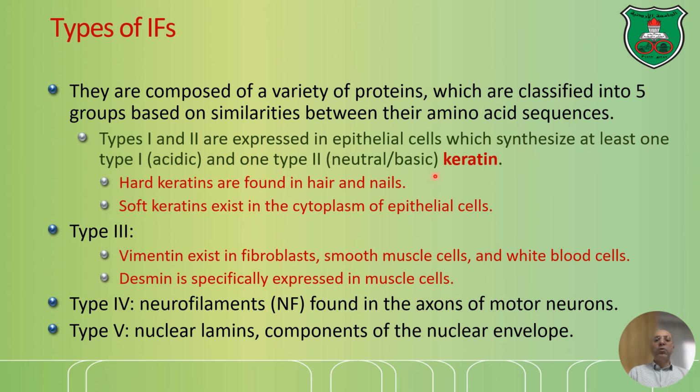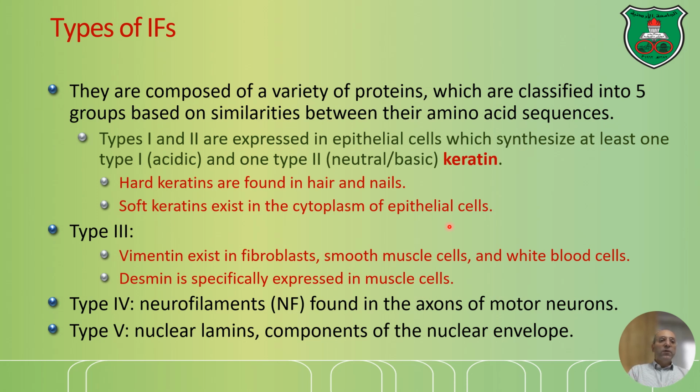So there are more disulfide bonds in the keratins in nails versus hair. Now, soft keratins also exist in the cytoplasm of epithelial cells. So they can exist as hard keratins in nails, somewhat hard in hair, and soft keratins also exist inside